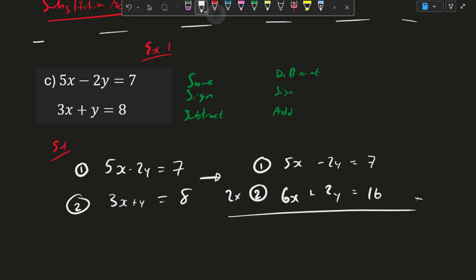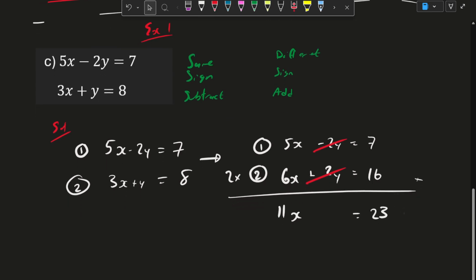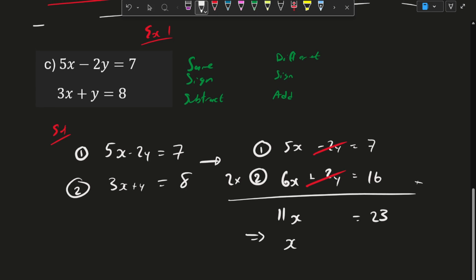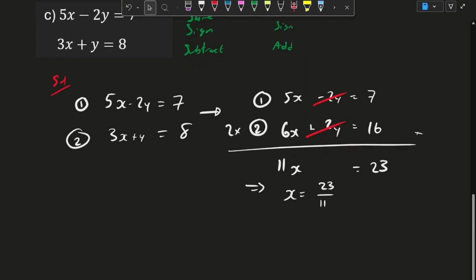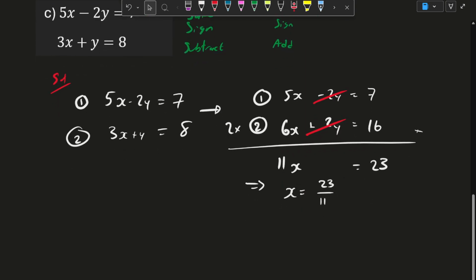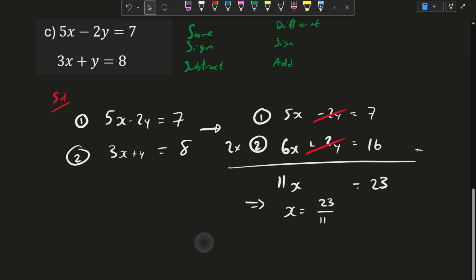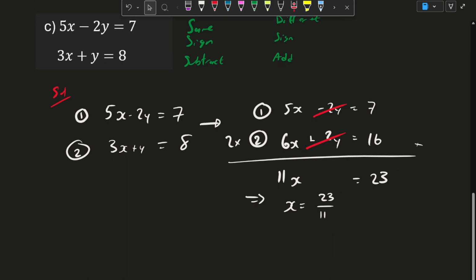Now, I do remember this one actually didn't give me a fairly nice output. What we end up getting is 11x is equal to 7 plus 16, which is 23. So x is 23 over 11. And now we just need to put that into one of the other equations. Now, this one's actually not too bad to do. The easiest one to do it in is the one with the lowest coefficient of the variable you found,